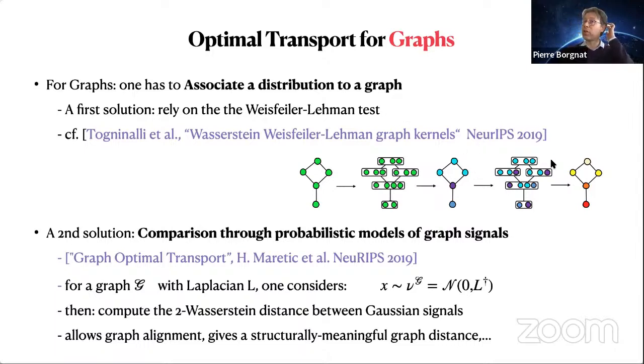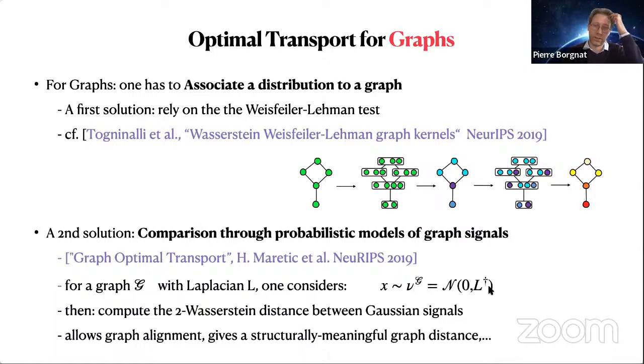So it has been proposed that it's a good way to build a distribution representative of the initial graph when you have an unweighted graph, an unattributed graph without any attributes. Another thing that has been proposed by the group of Pascal Frossard at EPFL is to compare the graphs through the probabilistic modeling of the graph signals that you can have on a graph. We know that there is a class of signals that you can draw on a graph, which are the